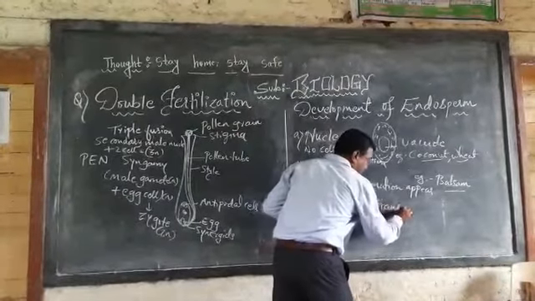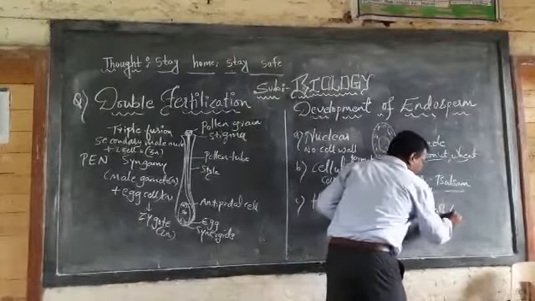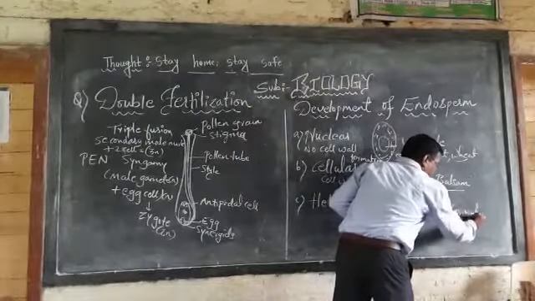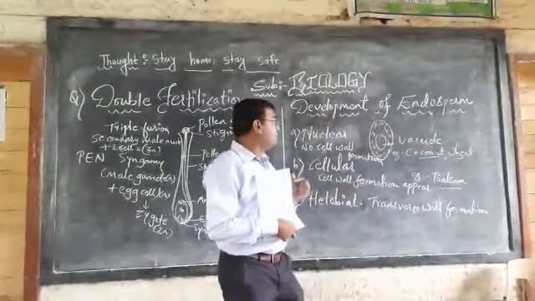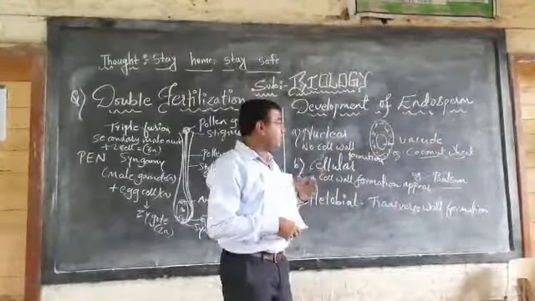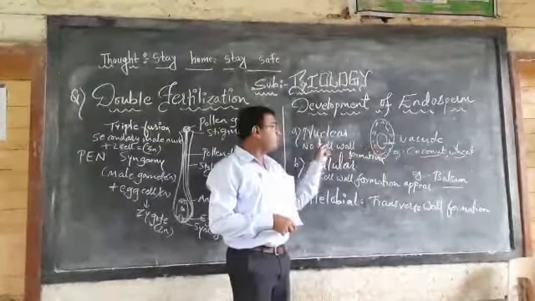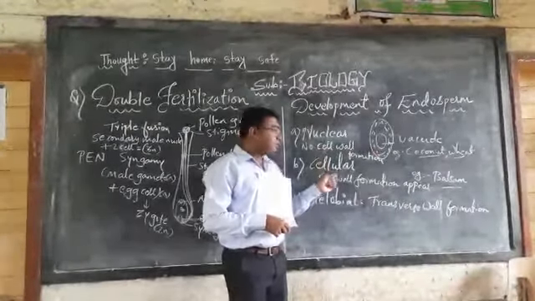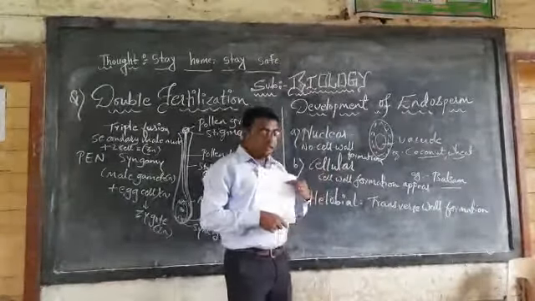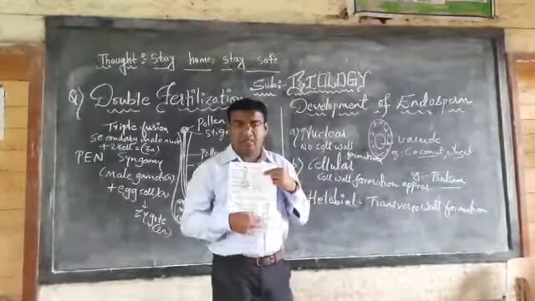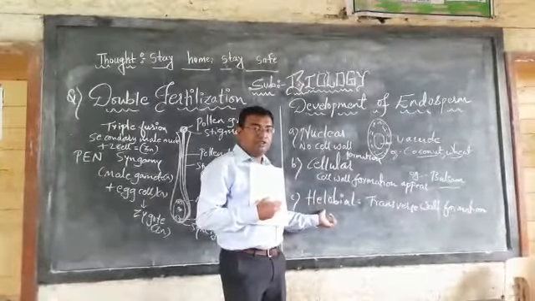These words are very important. Transverse wall formation. In CET, when a question arises, one question is asked for 4 marks, that in which type of endospermic tissue the vacuoles appear, the answer will be nuclear. Transverse cell wall formation of the multicellular tissues will be cellular, and there is a partition into smaller and larger parts in the helobial type. An example of the helobial type is Adventitium.